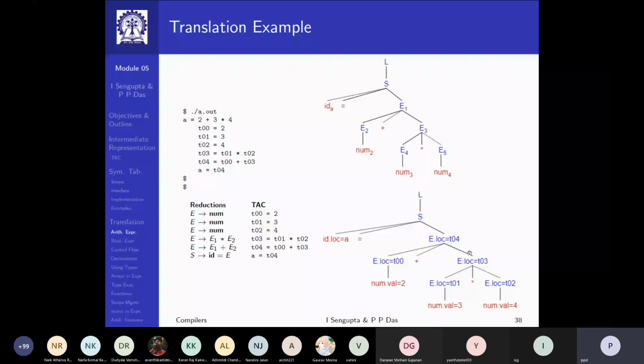The gentemp gives you the new temporary T02. So T02 gets 4. So these 3 reductions have happened. And then this reduction will happen. Next is this multiplication reduction will happen. So what will it do? It will take